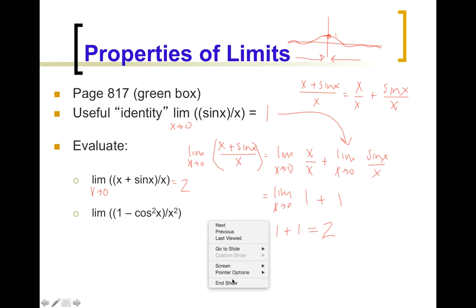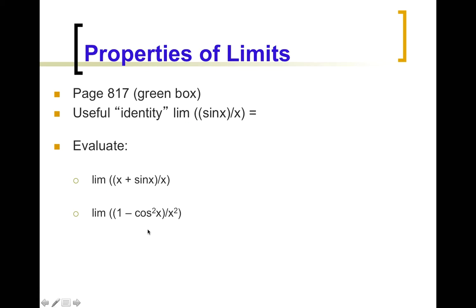Let's look at the same kind of thing here. Again, we are still looking at x approaching 0. And we're going to do basically the same thing. The limit of a difference is actually the difference of the limits. So I can say it's the limit as x approaches 0 of 1 over x squared minus the limit as x approaches 0 of,